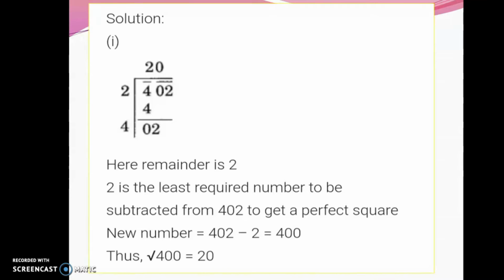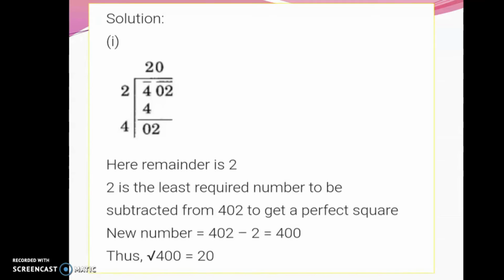Now children, we have to find the largest number whose square is less than or equal to this given number 4. So children, because 1 ones are 1 and 2 twos are 4, we will be writing 2 twos are 4 here. So our remainder will be 0. We will be bringing our next pair down, that is 0, 2. So now children, our new dividend is 0, 0, 2.